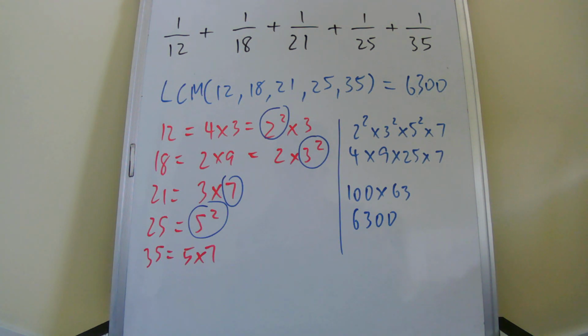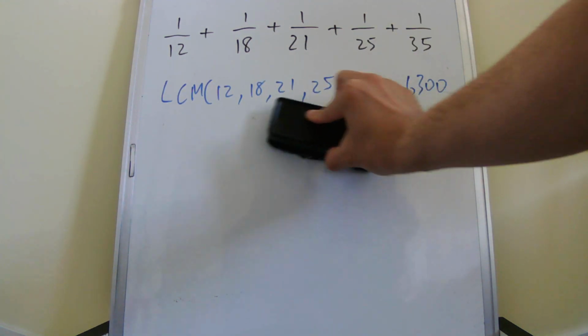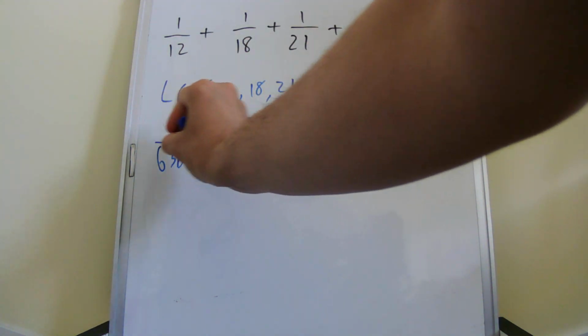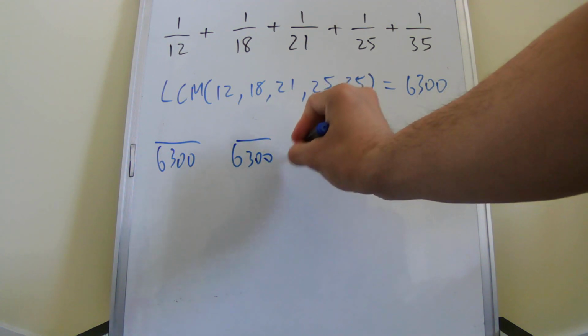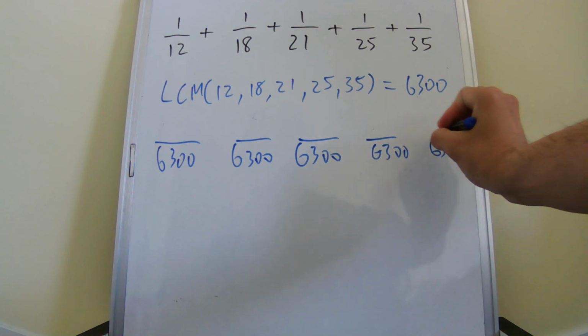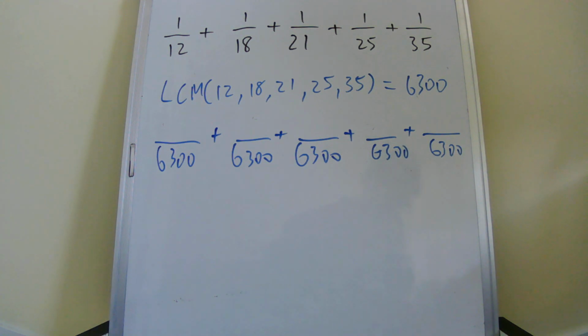And once we do this, find the LCM, we can now make all these unit fractions have the same common denominator. So I'm going to erase everything we have right here, and we're going to convert all of these fractions to have the same common denominator. And we have 5 fractions. All right. But now we need to figure out the scale factor of each respective fraction. So to find the scale factor for each numerator, what we do is we just divide 6,300 by each